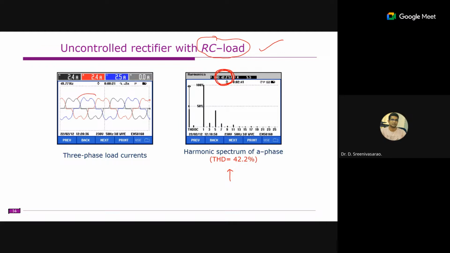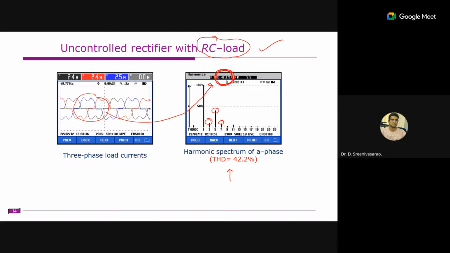You can also see that the waveform is distorted, so that's why we have a higher value of THD. When you're operating at some other range, the THD even crosses 70%, 80%, something like that. And we can see a huge value of the third order harmonics, and a large spike in the fifth and seventh order harmonics. So these are the problems with these conventional rectifier circuits.